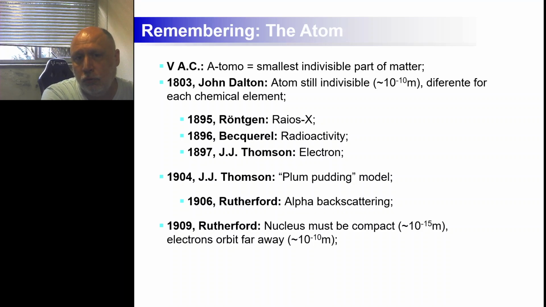Then, in the beginning of the 19th century, chemical elements were discovered, and they didn't relate that to atoms at all. They knew there was something they understood as chemical elements, and then John Dalton said, okay, the concept of the atom is perfect here. We have an atom, but it's different for each chemical element. We have an atom for hydrogen, one atom for helium, and that's the beginning.